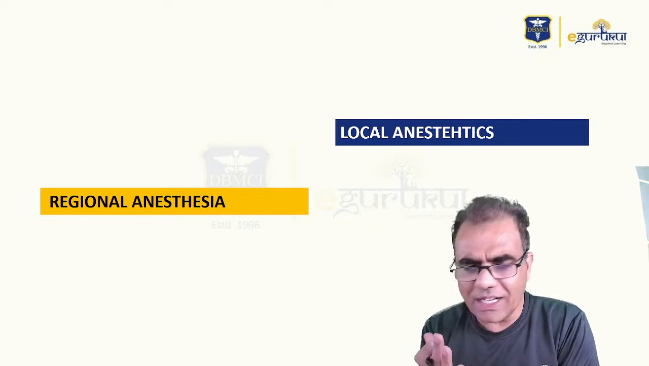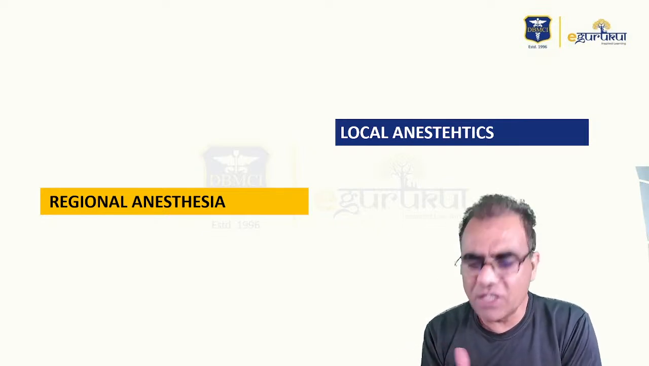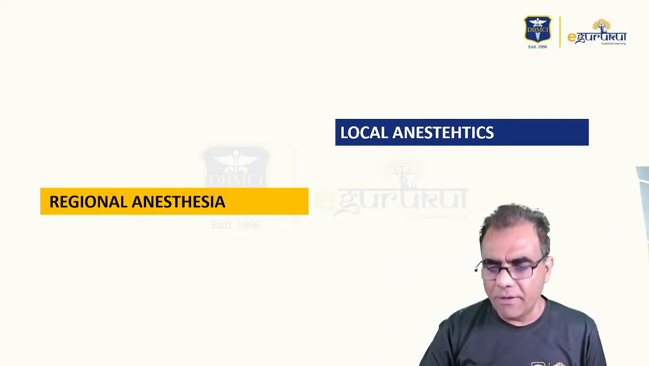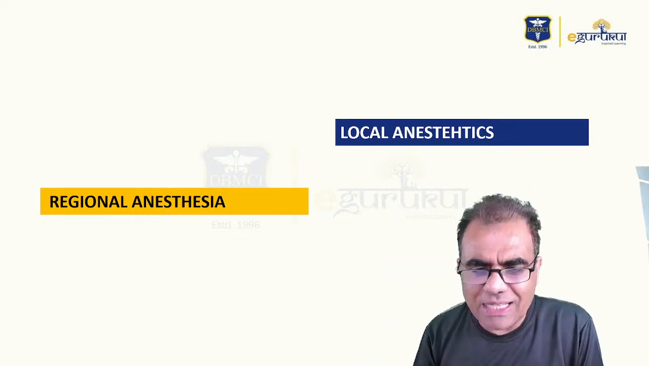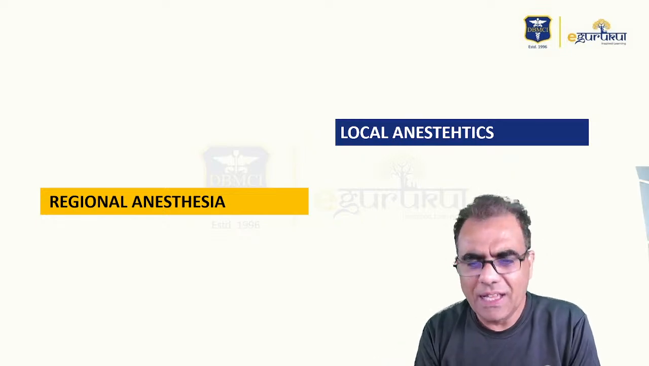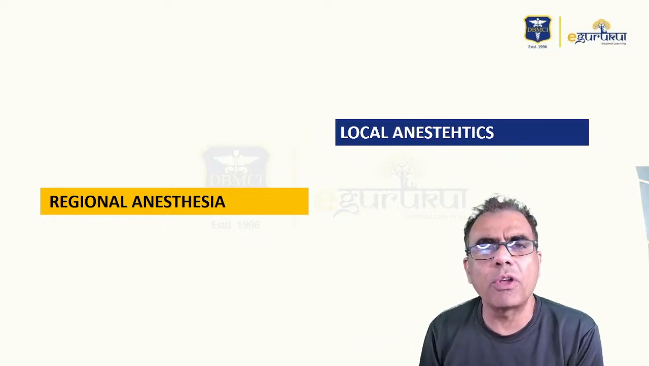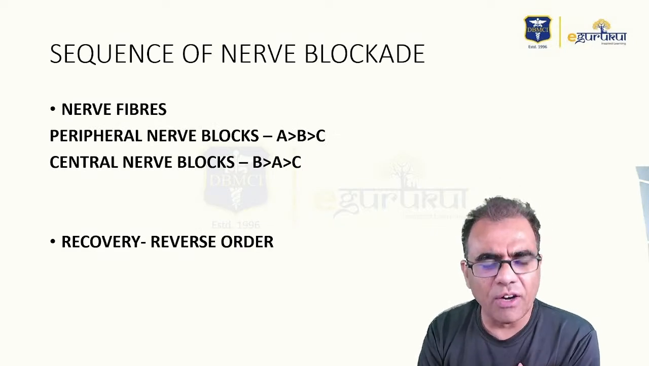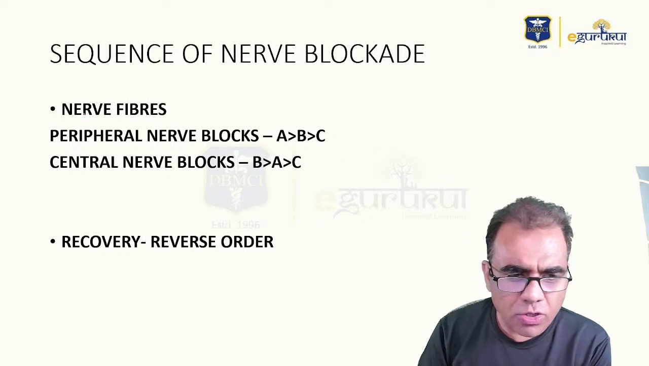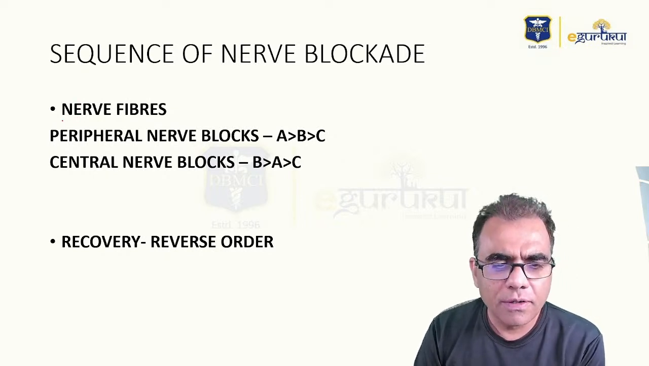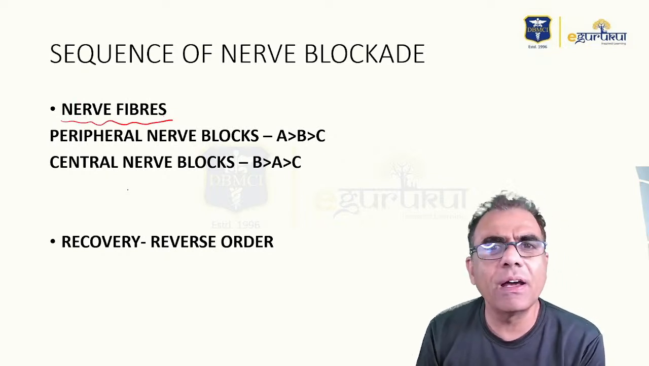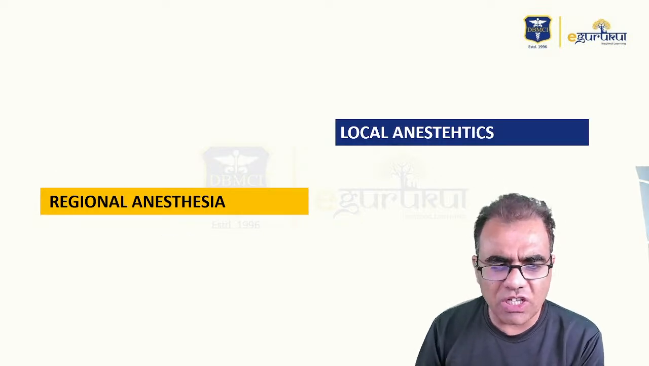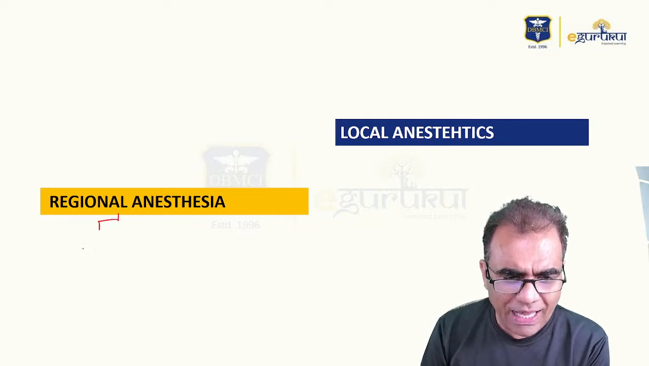Then after general anesthesia, now regional anesthesia. Regional anesthesia means we are going to block one region of the body. So before starting regional anesthesia, let's discuss an important property of local anesthetics. Now, the sequence of nerve fiber blockade is most controversial, and the reason for it is that when we talk of regional anesthesia, it can be